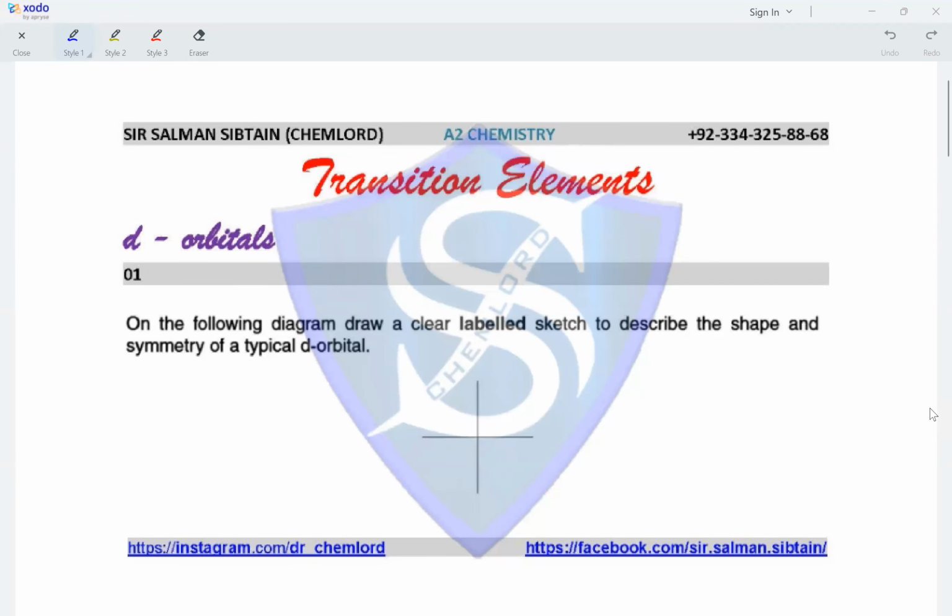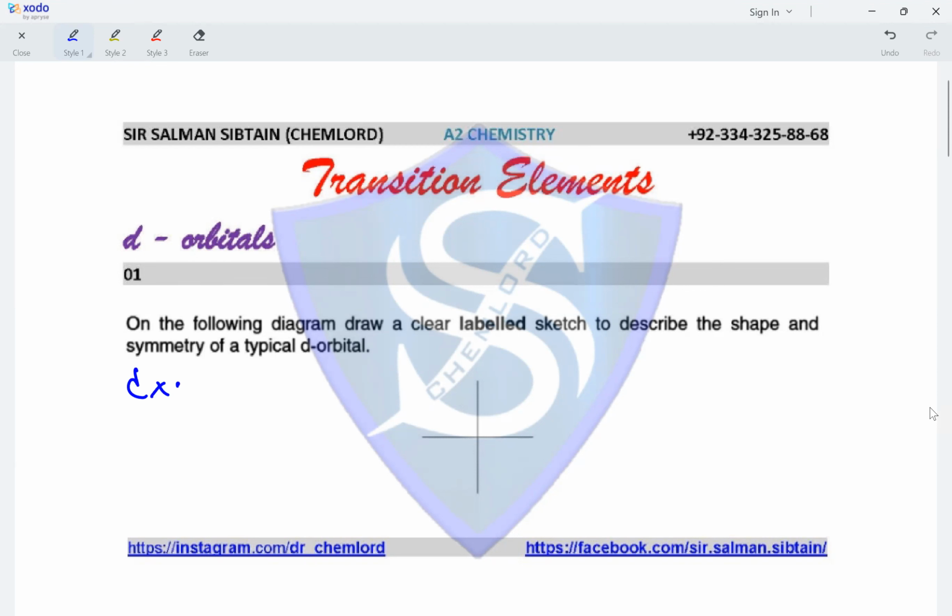Hi guys, this is A2 Chemistry, transition elements, and we're looking at d orbitals. Question 1. On the following diagram, draw a clearly labeled sketch to describe the shape and symmetry of a typical d orbital. So, a typical d orbital would have four lobes present, and if we draw an orbital, let's call